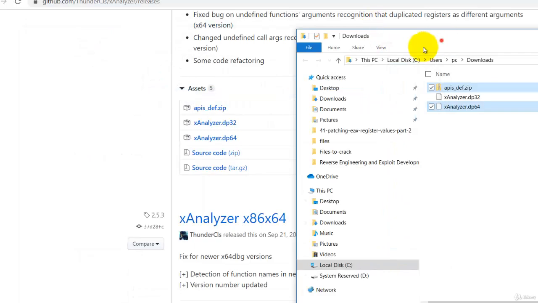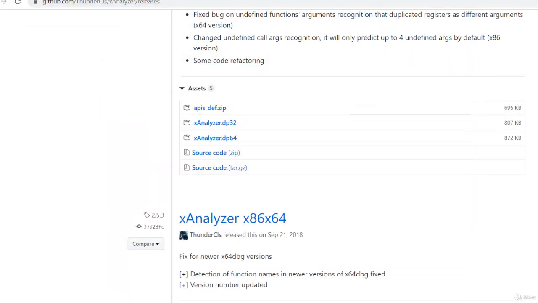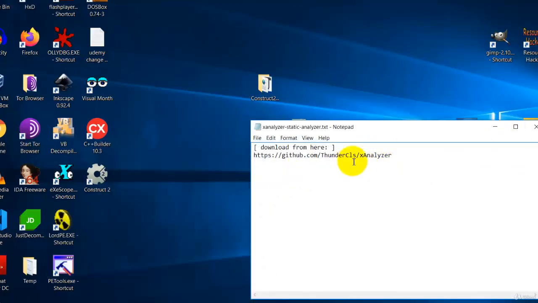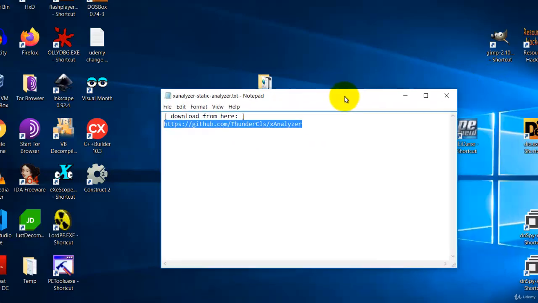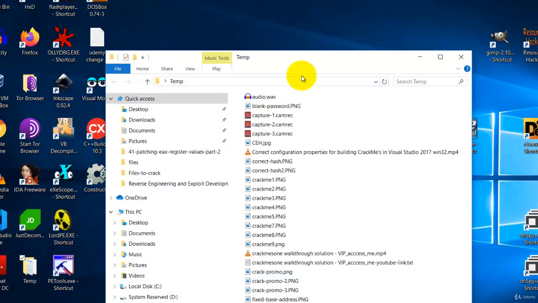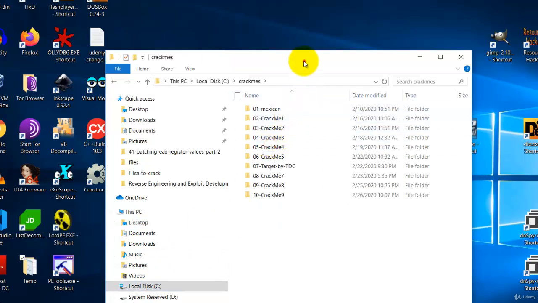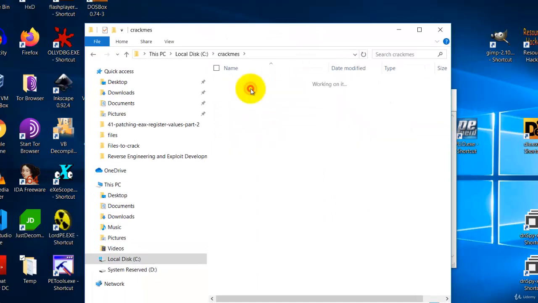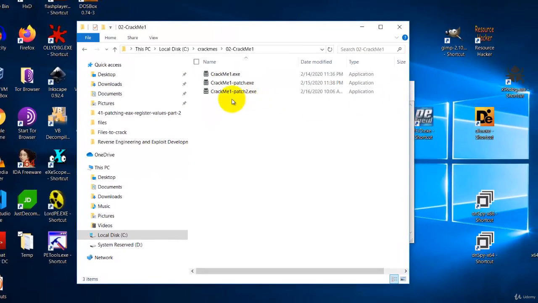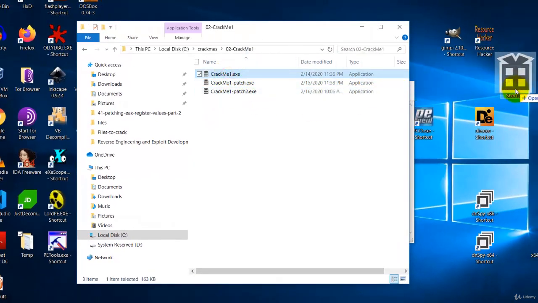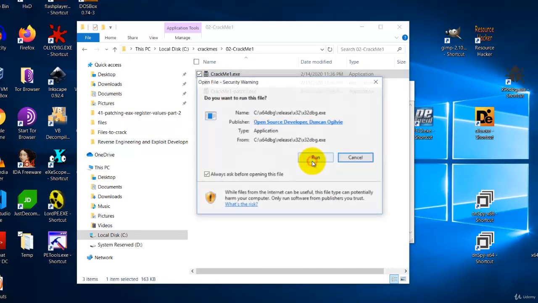Now that you have done that, you can close it, and now we can test it out. So this is the link. I will put this in the resource section for you to download. And now let's give it a try. Let's open one of our earlier programs, our earlier crack maze. Let's say I go to my crack maze and I take crack maze 1. So I open this with x64DBG,